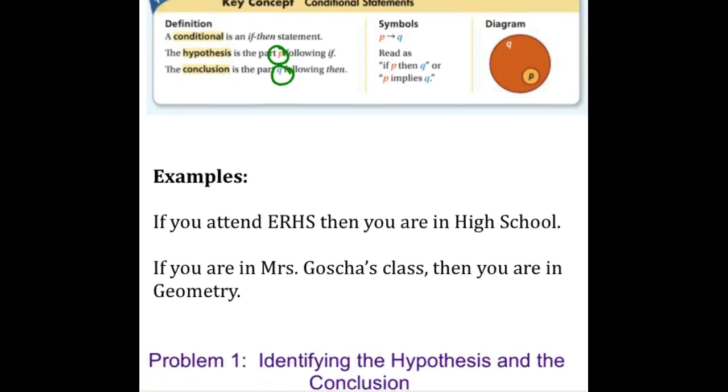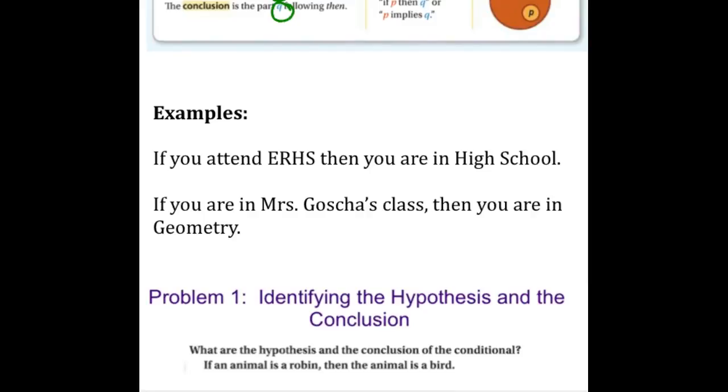So here are some examples for you of that. If you attend Elk River High School, then you are in high school. So in the whole pool of high schools, Elk River High School is one of them. And so if you are in Elk River High School, that means that you go to high school. If you are in Mrs. Gosha's class, then you are in geometry. Okay, so these are some